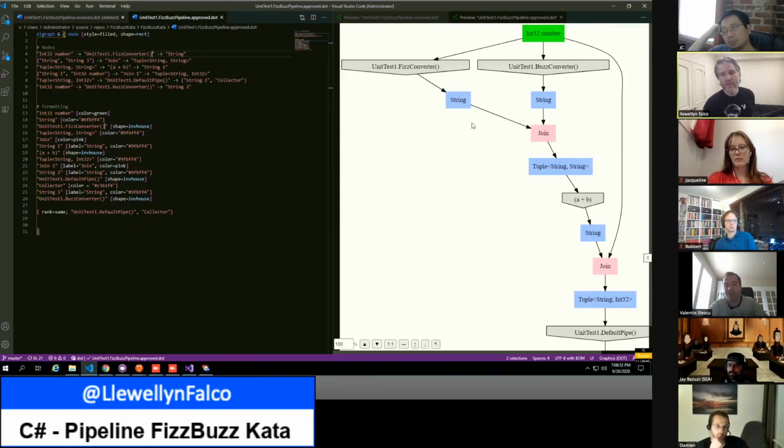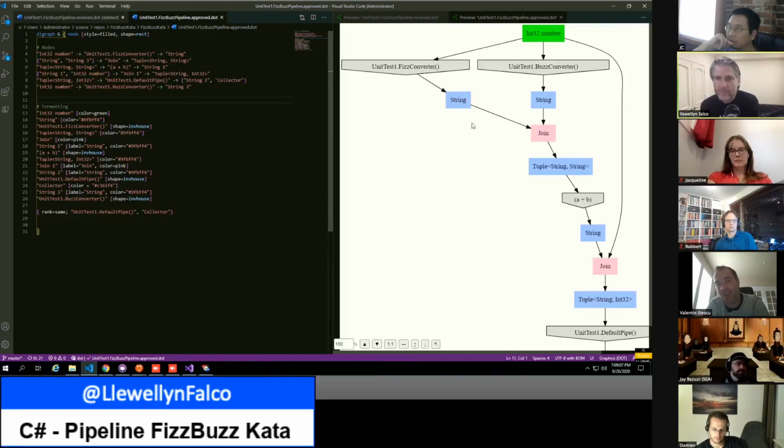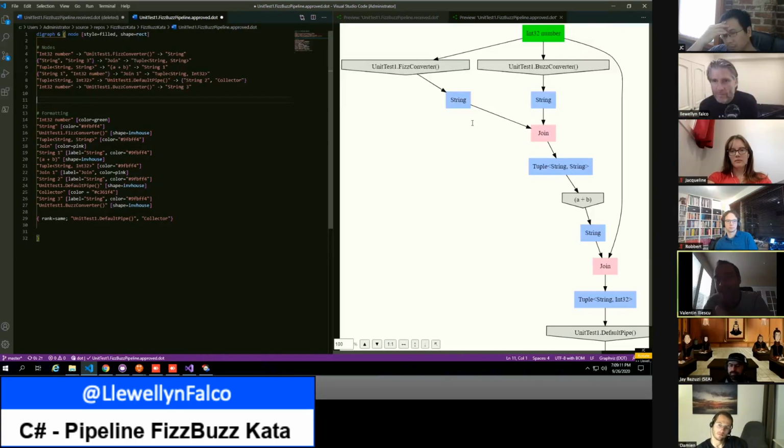This is why I was saying, the join is needed to create a single thing from two things, which is a tuple. But to me, at least this is what I feel right now, it's information that I don't really care about.